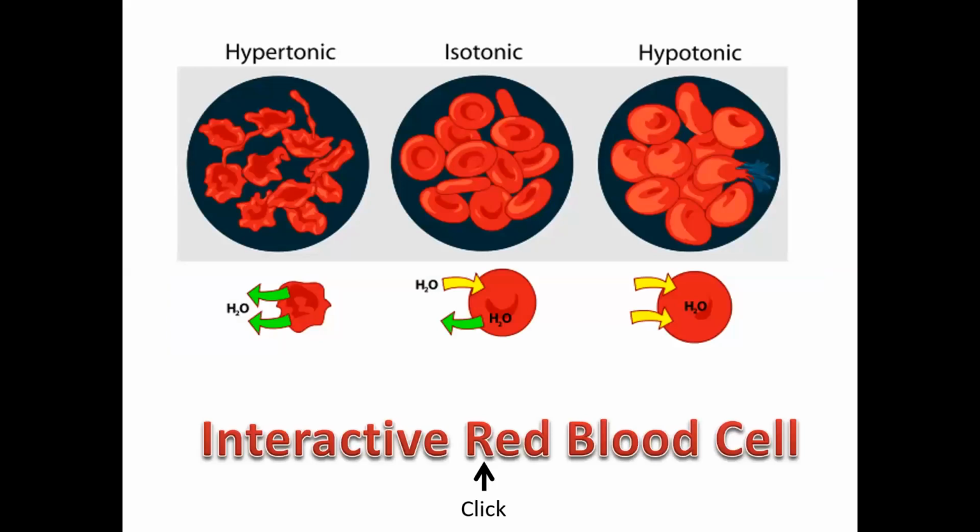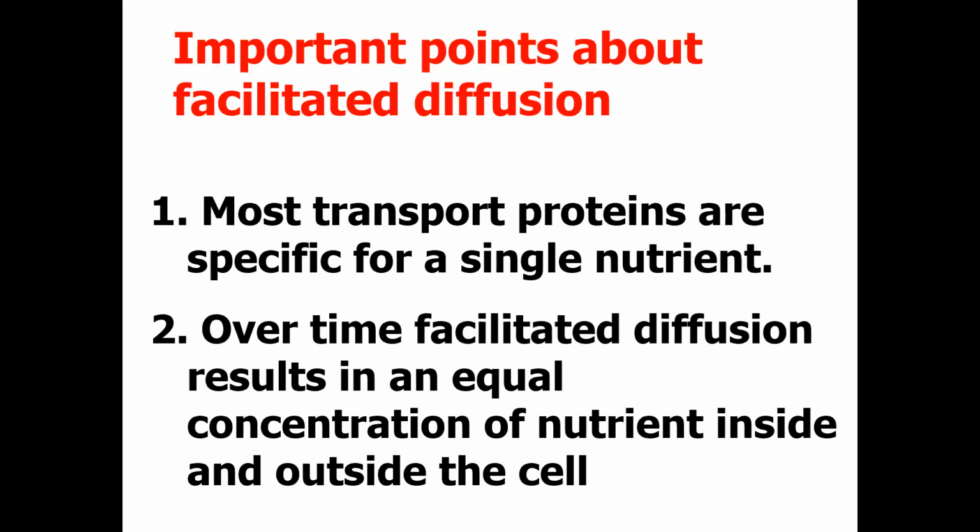Okay, this one is the best example of red blood cells. Where the water molecules, if the hypertonic solution is there, the red blood cells shrink, while in isotonic solutions, the red blood cells remain in their normal condition. And in the hypotonic solution, the red blood cells absorb water, swell, and then burst.